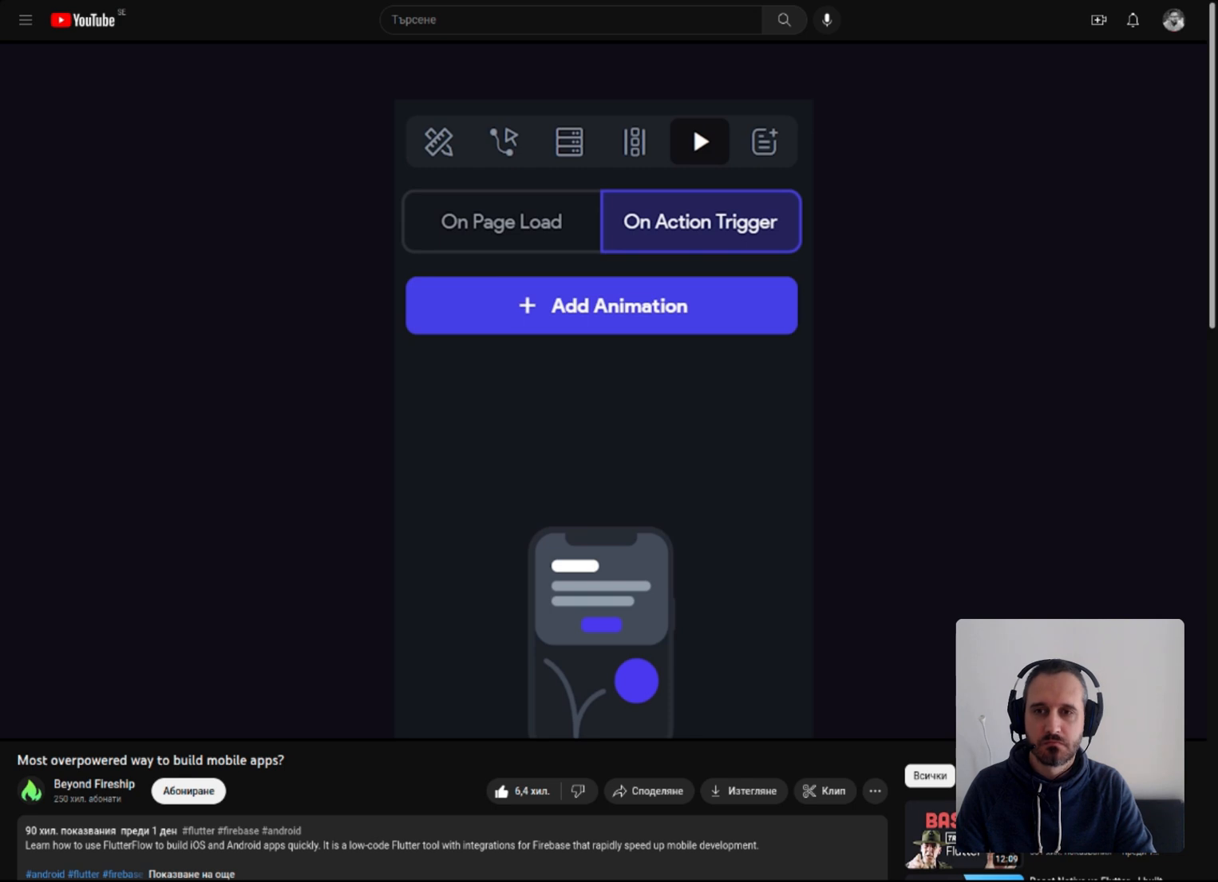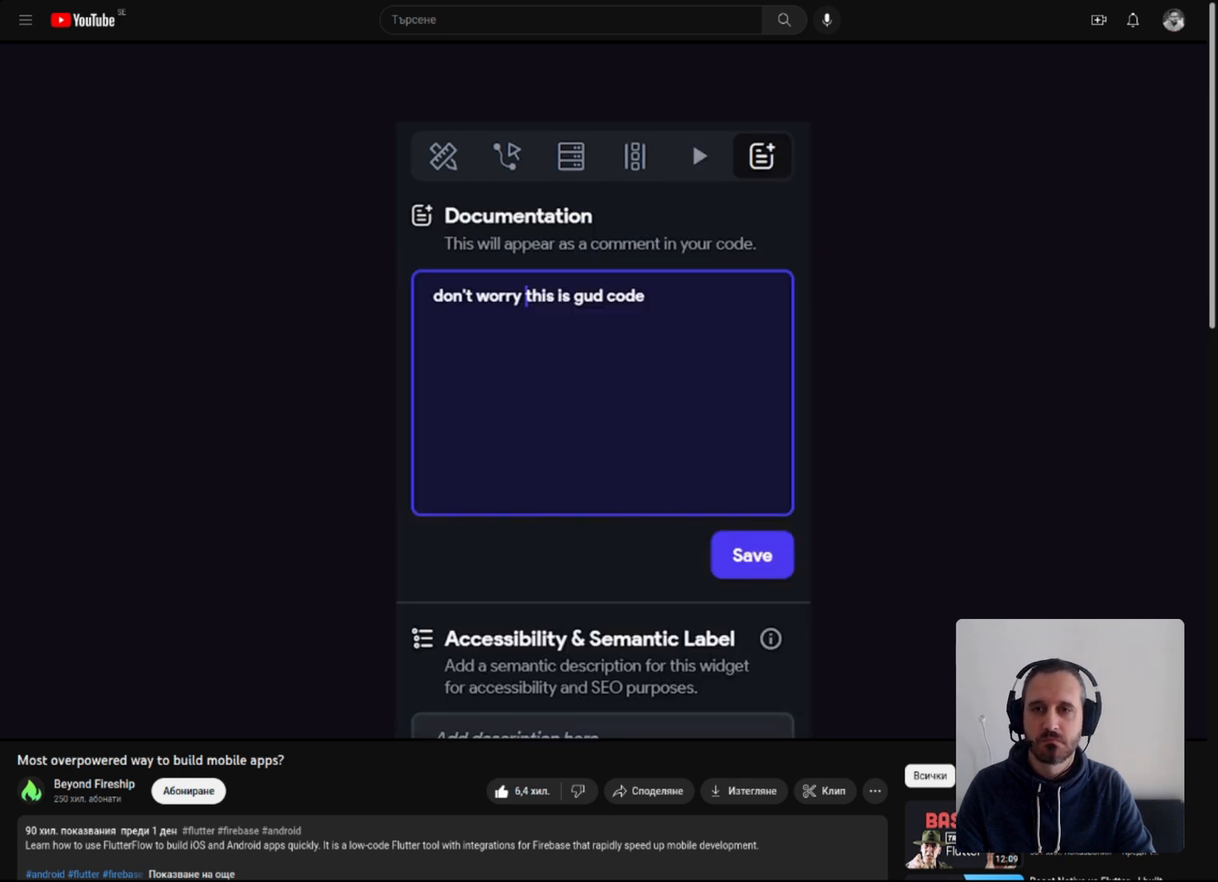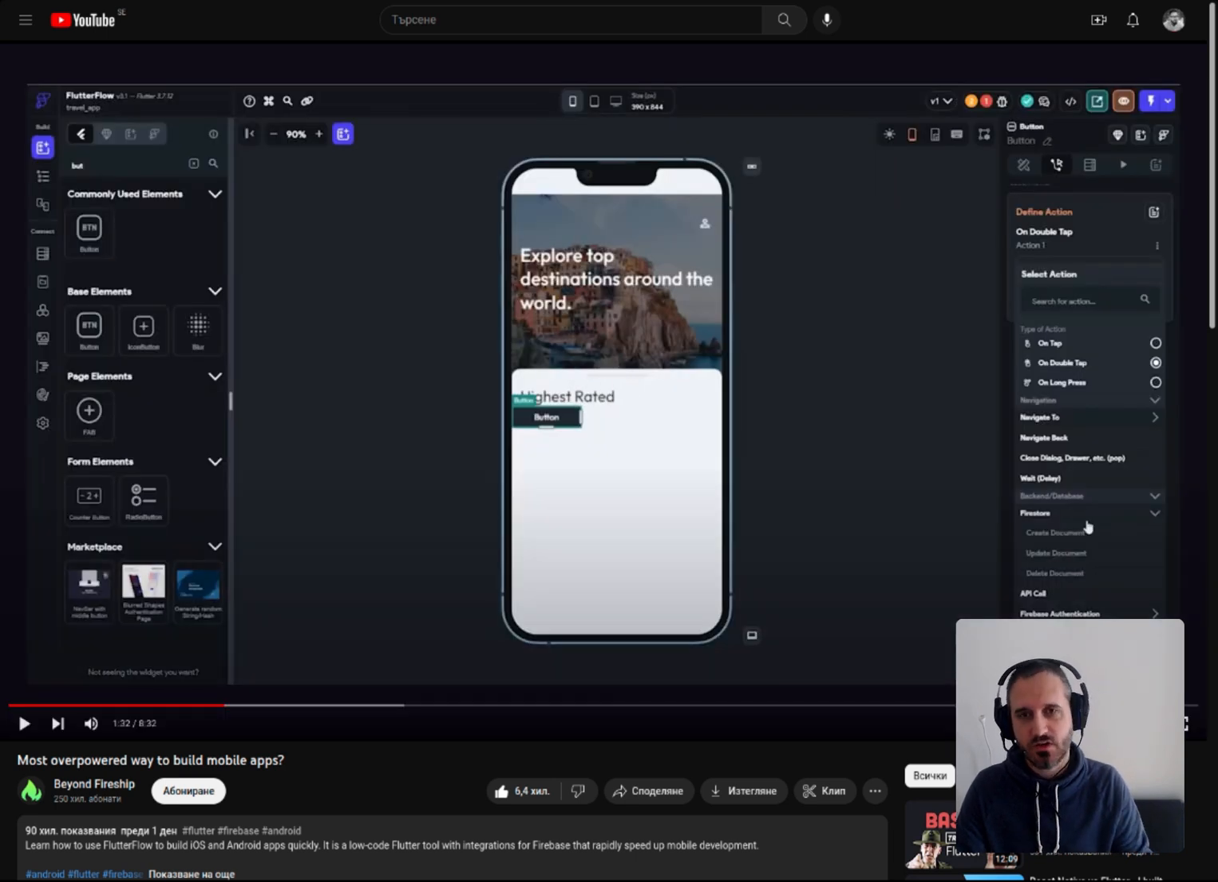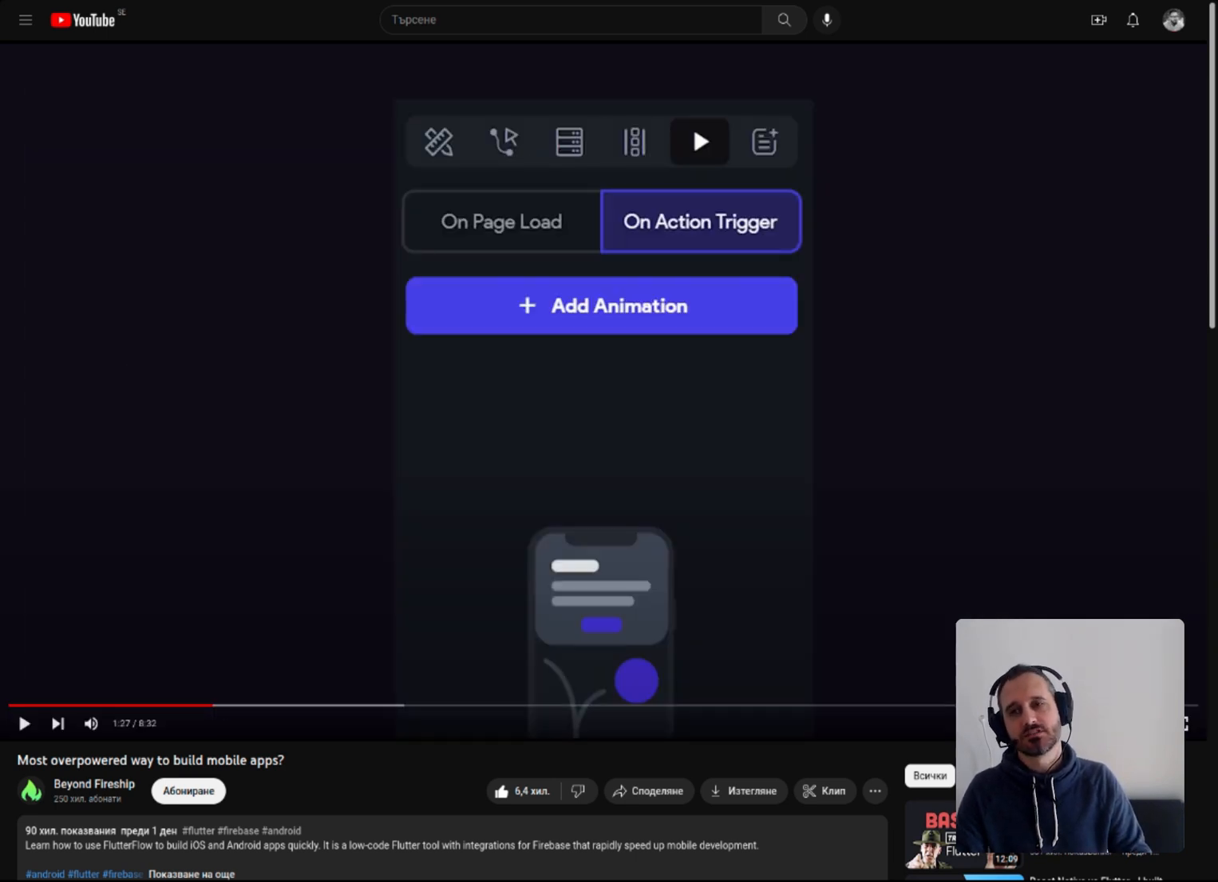We can also easily add animations when actions are triggered. On top of that, we can document each widget, which will insert a comment into the code. And yeah, so about the comment,